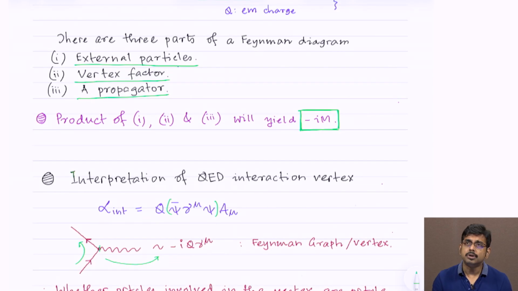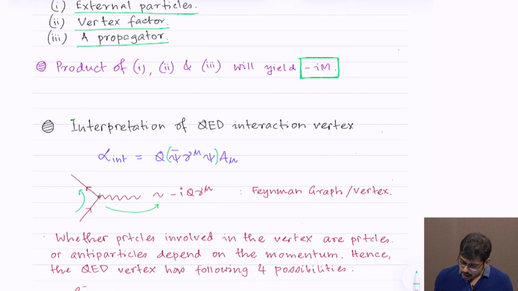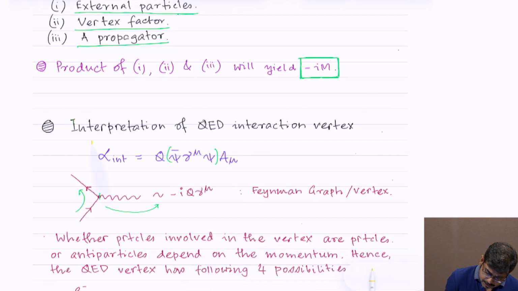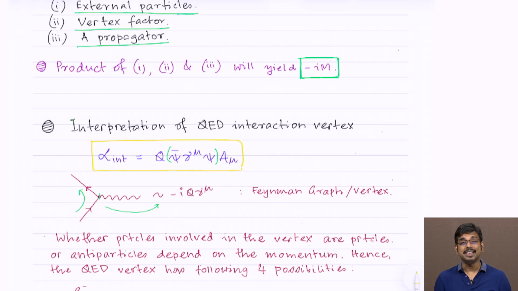Before I conclude today or go into constructing one of the examples of the Feynman graphs which we are going to calculate next, let me give you an interpretation of the QED interaction vertex. As we all remember, the QED interaction vertex comes from this interaction term that came from the U(1) gauge invariance of the Lagrangian, which is of the form q psi bar gamma mu psi A mu, right? And we said that this essentially represents one